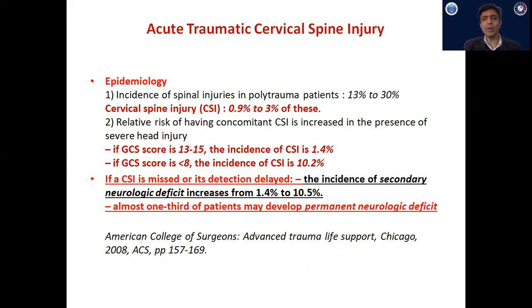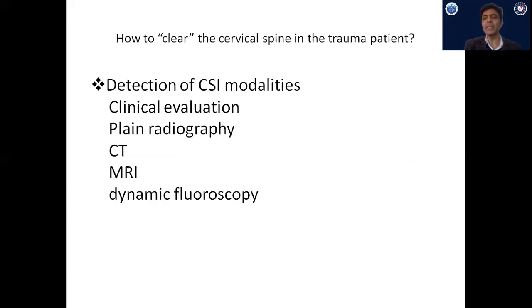Another important group of patients that we encounter in clinical practice is the acute traumatic cervical spine injury. It has been seen that around 13 to 30% of polytrauma patients do have spine injuries. And if the GCS is less than 8, the incidence of cervical spine injuries is around 10%. So if we miss this cervical spine injury while intubating a patient, the patient may develop a permanent neurological deficit. So we have to keep our eyes open,